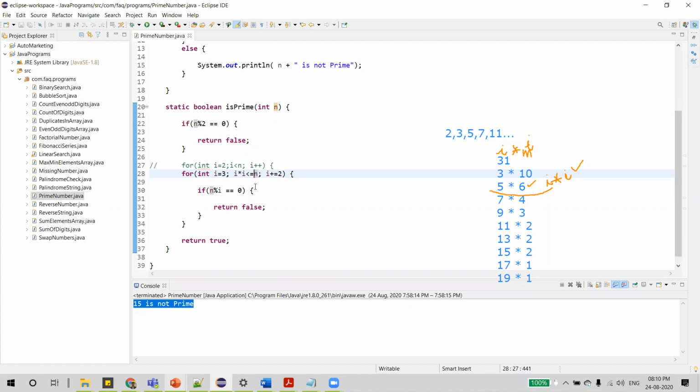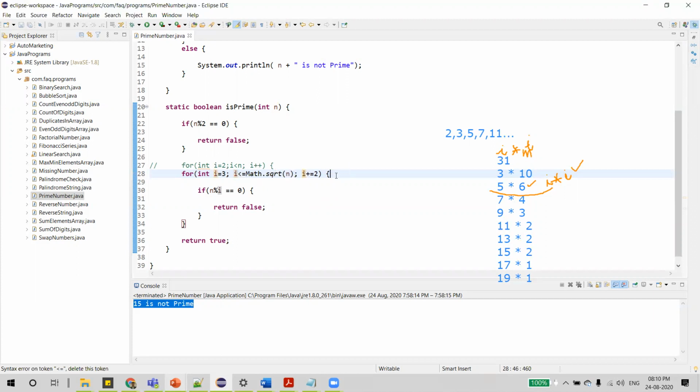That is what we have seen here, and I wrote the same condition here. If you observe, I into I is I square less than or equal to n, meaning I less than or equal to square root of n. And how do we calculate the square root in Java? It is sqrt of n. This is how we can find the square root. So as I square is less than or equal to n, we wanted to calculate I, so I can just write I less than or equal to square root of n.